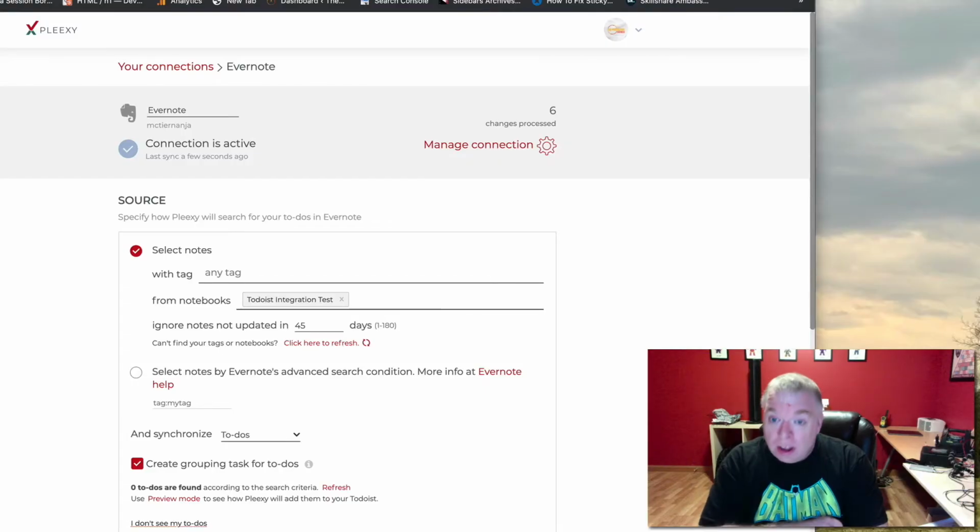So in order to integrate Evernote with Todoist, the service I'll be using for this tutorial is Pleexy. Pleexy is a service that basically acts as a connector between task management applications, and there's actually 2 that they support today, Todoist and Microsoft To Do, and various productivity applications like Evernote, Asana, Trello, and others. So we're going to be doing the Evernote to Todoist integration for this video,